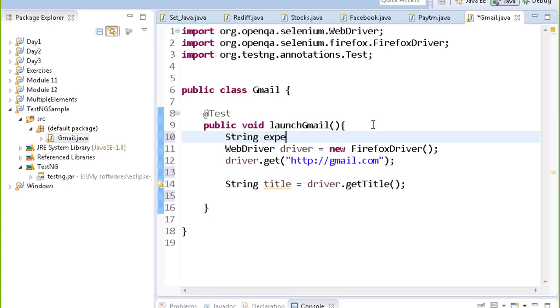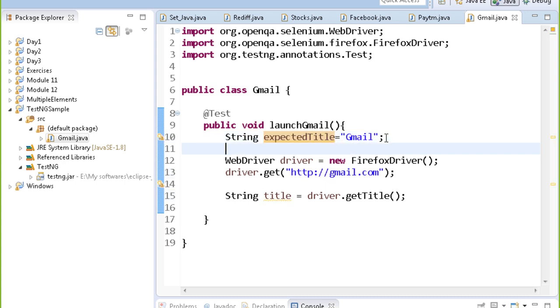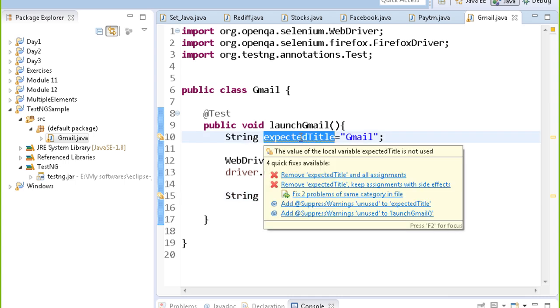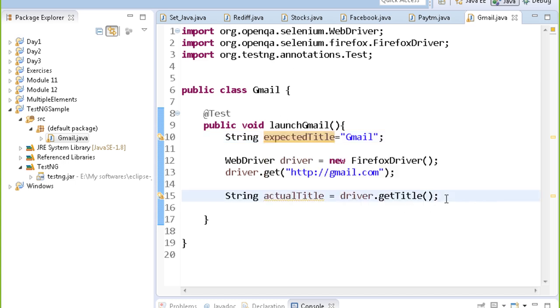Generally we will keep the expected values in an Excel file or something, but anyways, I'm keeping it over here, expected title, and this is the actual title. Now I want to compare the expected and actual title and report an error in case both of them are not equal. For that we use assertions